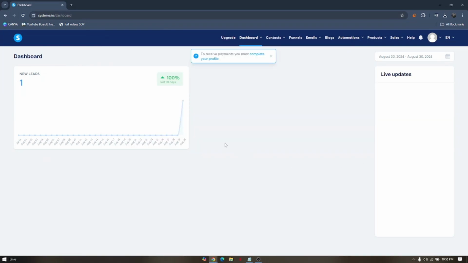How to create a high converting landing page on Systeme IO. The first thing that you want to do is pull up your browser and access their official website, systeme.io. So once you're logged in, you'll be routed to your dashboard and you just have to hover your mouse to